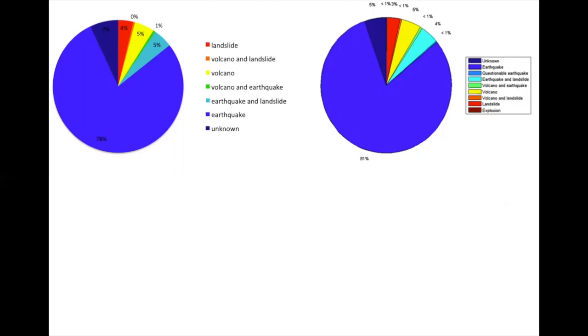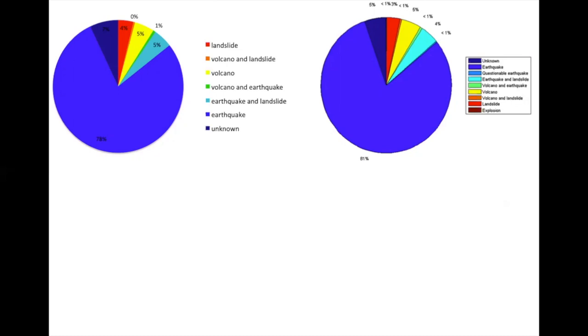You can see that the distribution is pretty much what it was 7 years ago. I should note I didn't include explosions or questionable earthquakes, so the percentages might be a point off. A few percentage points since 2013 have been lost to earthquakes and a few gained to landslides, as well as